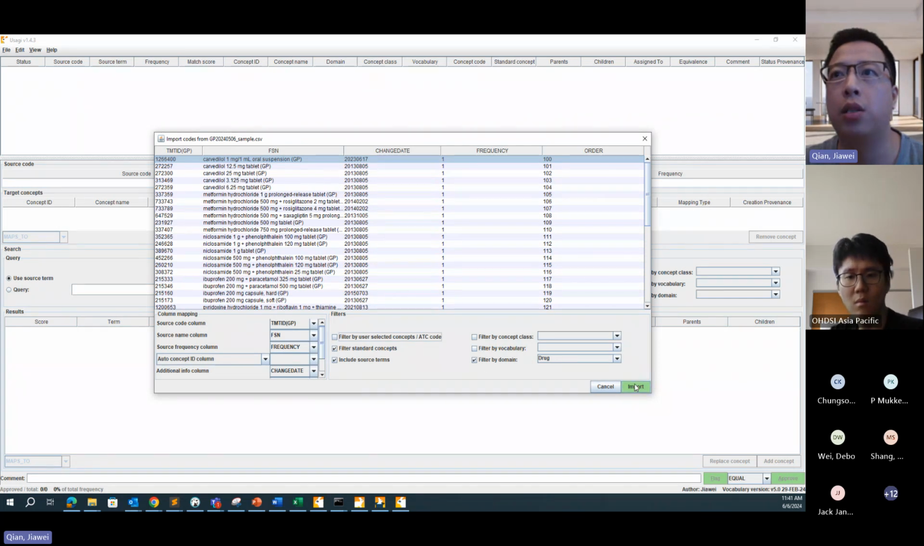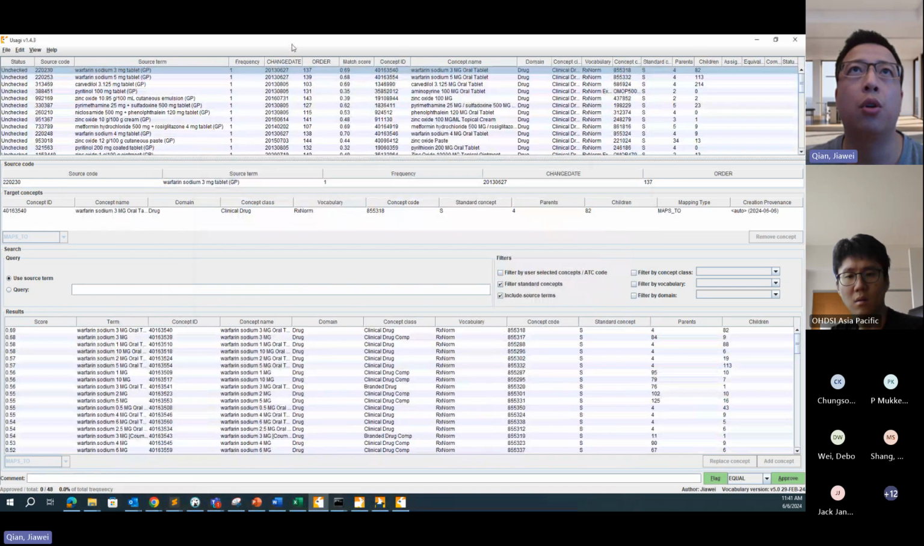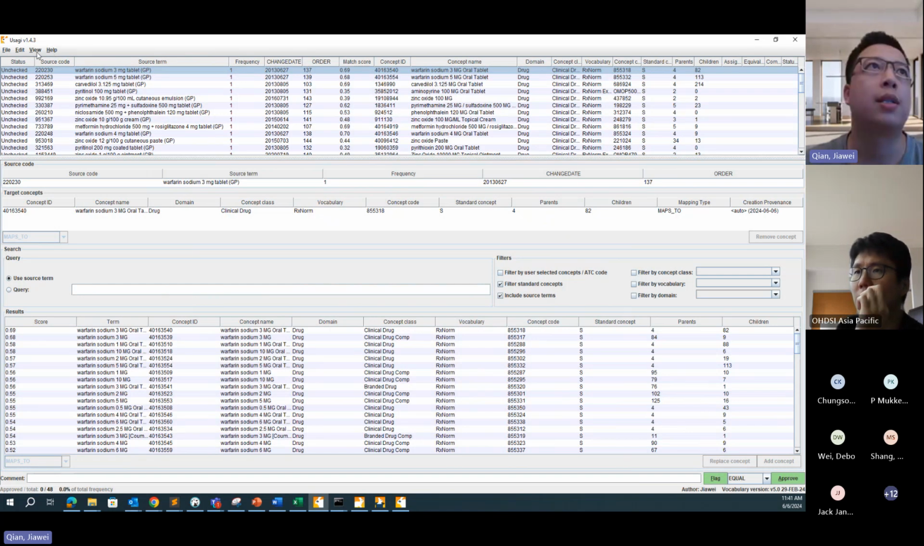So now I just import. It will spend some time. So for me, I have already imported it. Oh, sorry. One thing to mention is that before importing the source codes, there is another important thing, that we need to